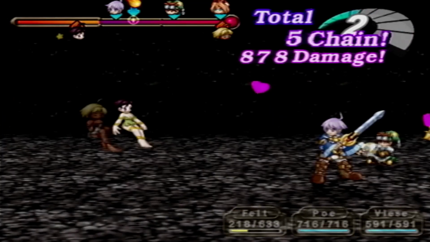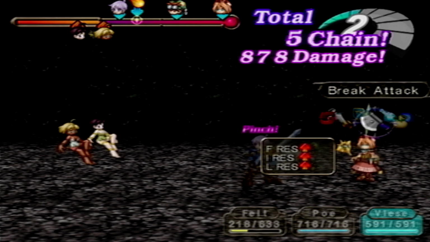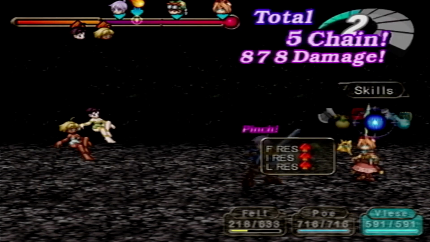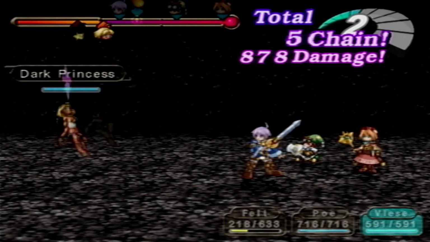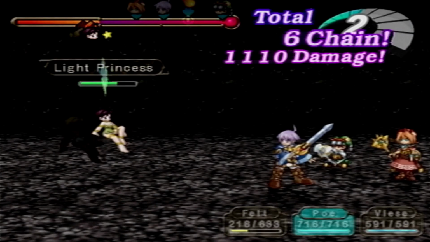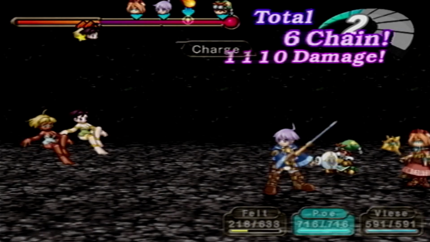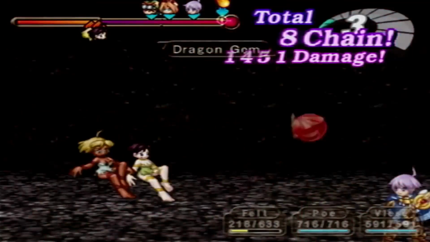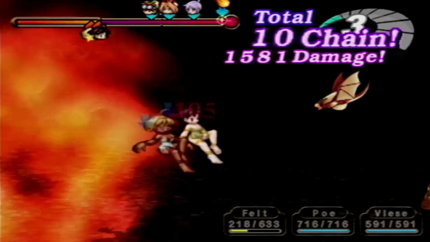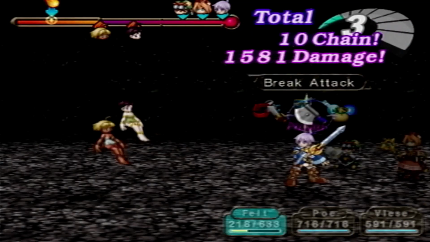But yeah, where it's doing 66% of our health is insane. And so being able to break there so that Vise gets even another hit. Here you go. We get our Dragon Gem attack, which is also really nice. So we're just slowly laying on residual damage. Eventually,